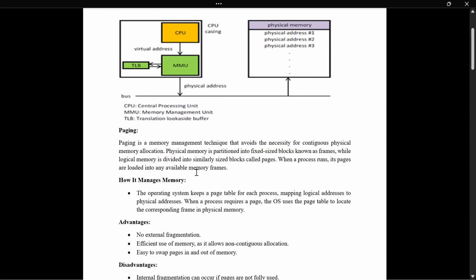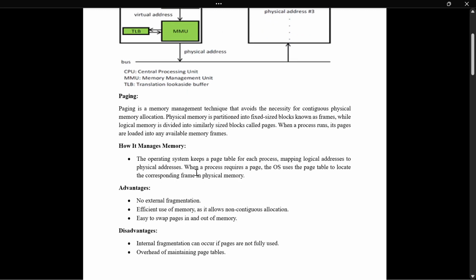Paging is a memory management technique that avoids the necessity for continuous physical memory allocation. Physical memory is partitioned into fixed-size blocks known as frames. How it manages memory: the operating system keeps a page table for each process, mapping logical addresses to physical addresses. When a process requires a page, the OS uses the page table to locate the corresponding frame in